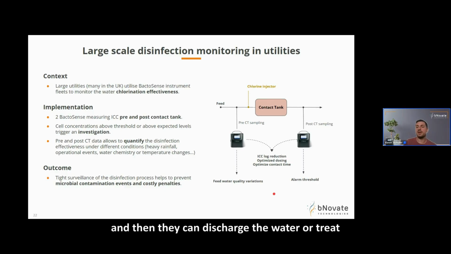And then they can discharge the water or treat it better, so they can prevent the risk of providing contaminated water to the customers. Measuring before the contactor also helps to know exactly the quality variation at the beginning of the flow, and then helps to know if they can adapt the